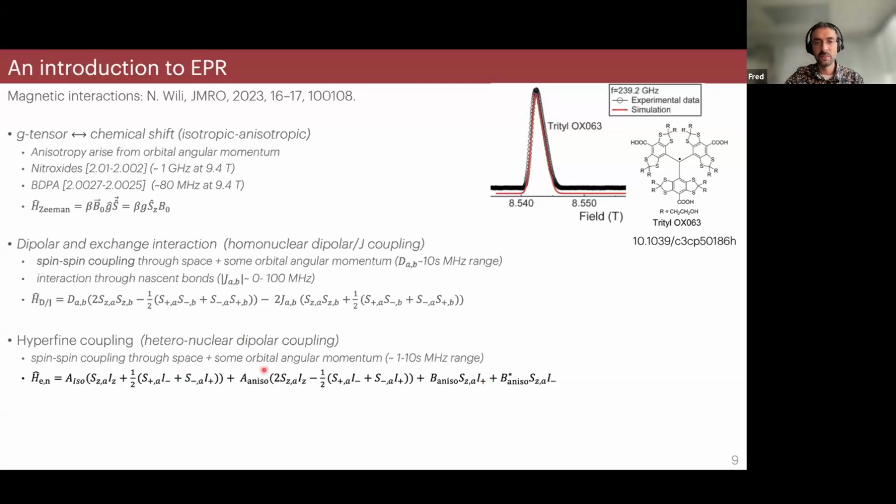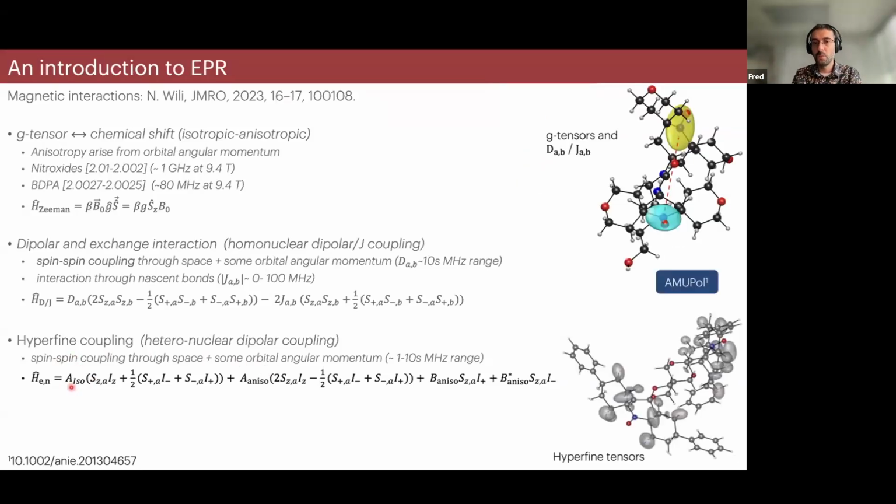Again, through space, some angular orbital momentum. I forgot to mention, you also have an isotropic component on this one. For the DNP process that I'm mentioning today, it's not the most critical one. That would be the isotropic one here. And that would be how the G tensors relate with respect to the molecule, which I'm representing here with these ovoids. And the hyperfine couplings give you an indication of how far apart they can spread out on a molecule, which is AMUPol, one of the most used biradicals so far.